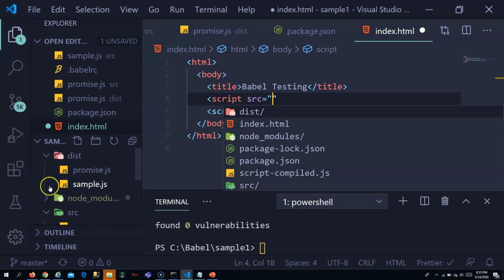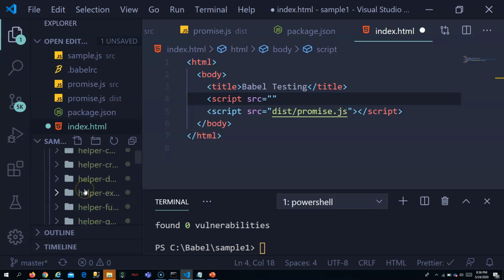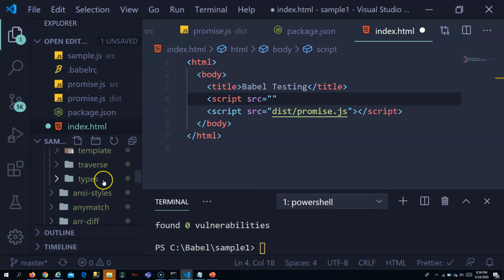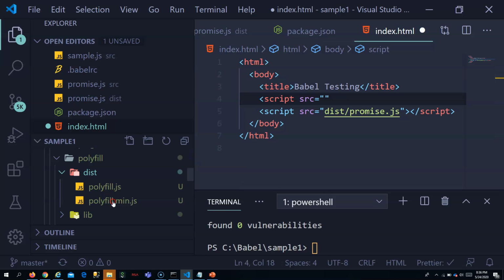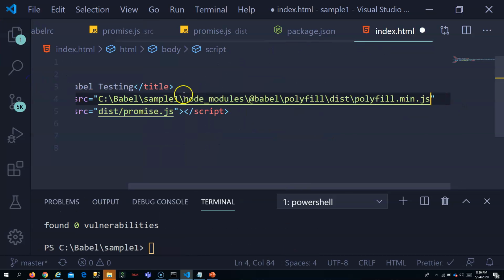The polyfill is actually present inside node_modules at babel polyfill. You saw this polyfill distribution and polyfill.min.js. If you copy this path, we can put it here. No need to put node_modules, it is fine.